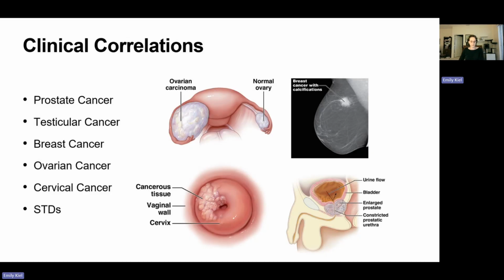Ovarian cancer is known as the silent killer because it doesn't give a lot of signs, and usually by the time that it is diagnosed, it has already spread significantly. These are also more likely to be carcinomas that are aggressive, and you can really only get remission in 1/3 of patients. We talked about cervical cancer briefly, the fact that the human papillomavirus, or HPV, causes about 75% of these cancers, and the importance of the pap smear to be screened early while they can be treated before they